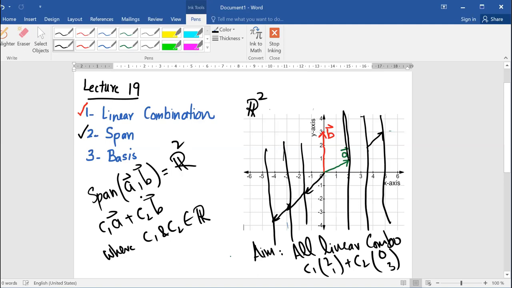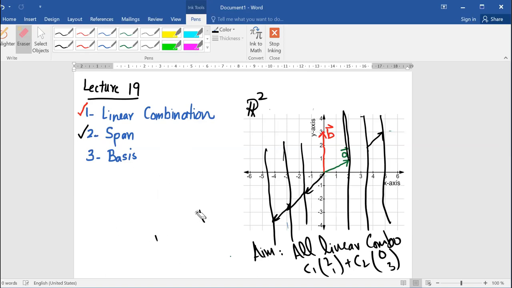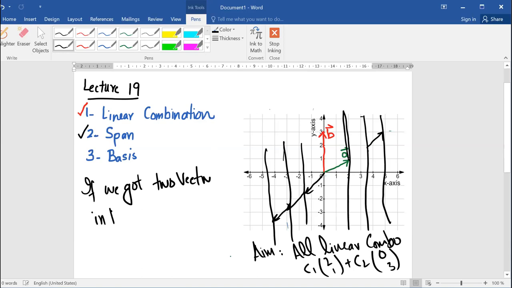That's really amazing. So in other words, if you choose two vectors A and B, and these both are linearly independent. Now I will just go over it. What is linear independence? So let me clean it a little bit more so that I can have the space. What I'm saying is, if we got two vectors in R square, and this is the real space R square, then their span, let's say these two vectors are A and B, will be equal to R square, provided, and there is a very big condition attached to it, provided